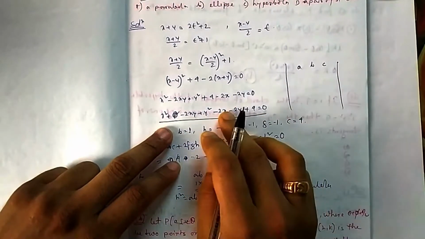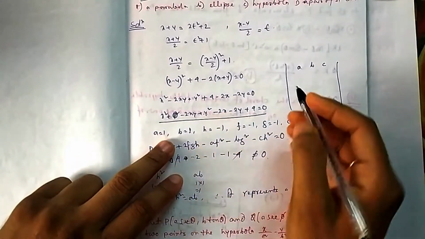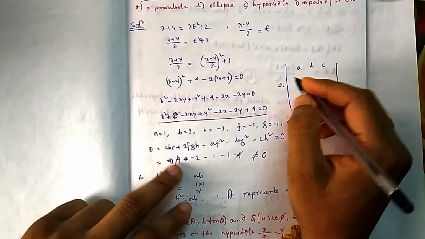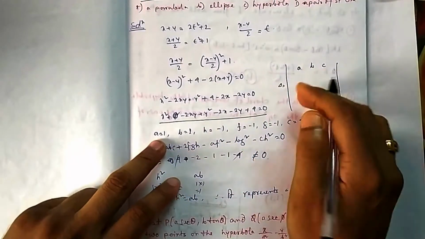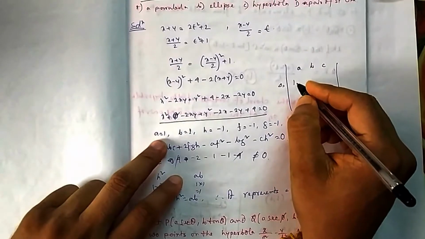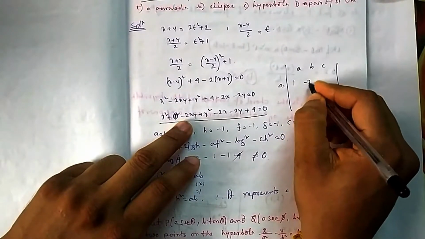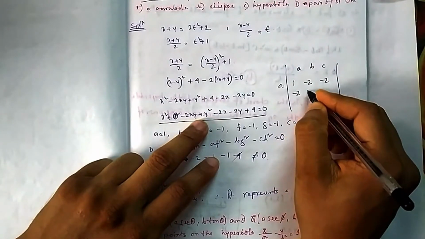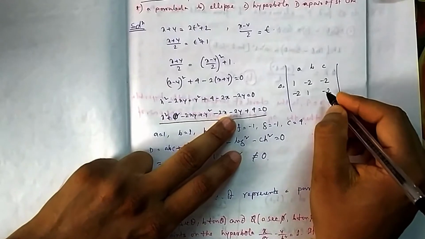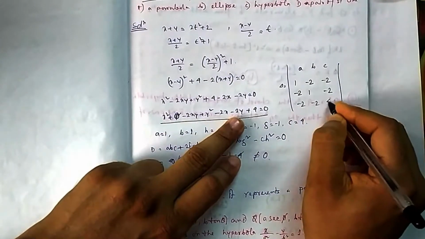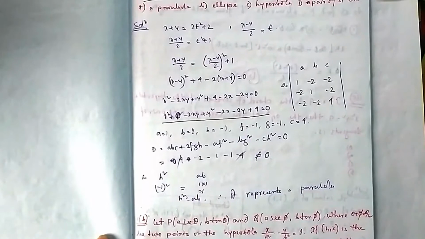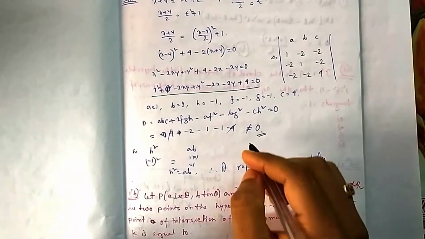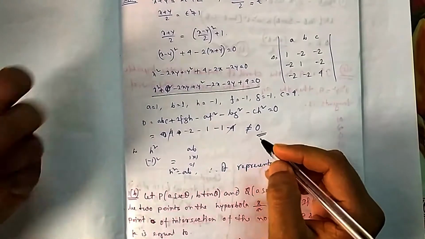So to see what it is representing, we need to find that delta. Delta, you remember, the x coefficient first, that is this, you can directly remember or you can apply here. So this was minus 1, then x coefficient minus 2, then here x coefficient minus 2, then this y minus 2, 1, then it is minus 2, and lastly this minus 2, 4. So if you do this one, ultimately you will get that delta is not equal to 0. Now once delta is not equal to 0, you are left with parabola, ellipse, hyperbola, all these options.